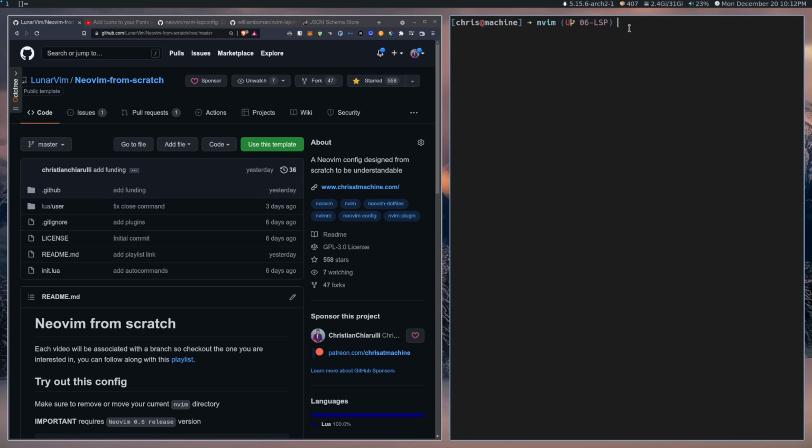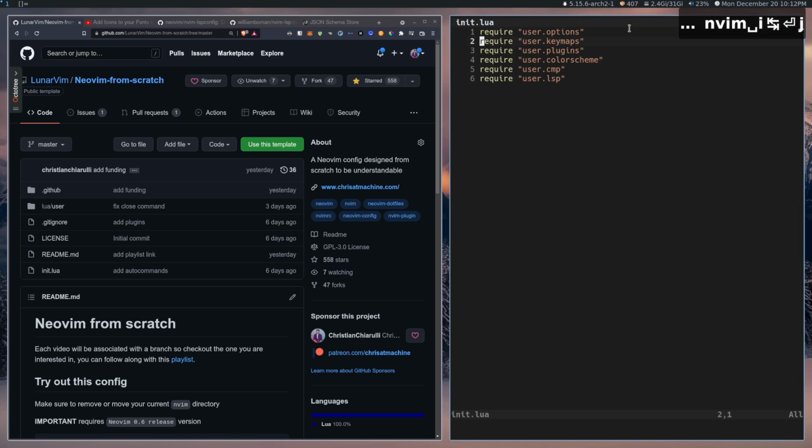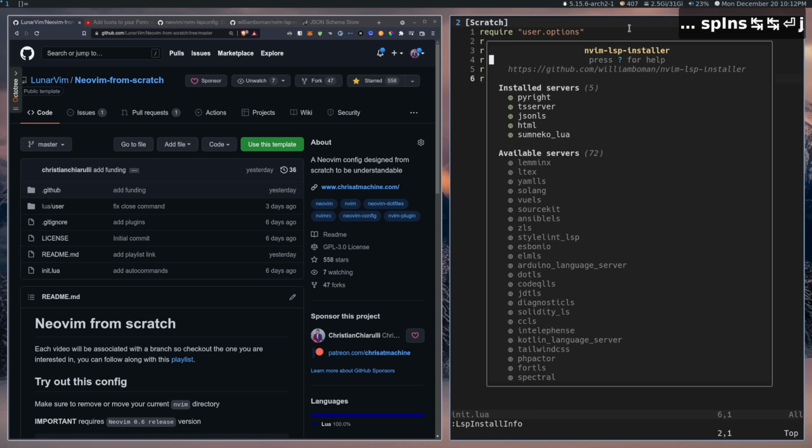Alright, so to get started, before I show you how to actually install it or set anything up, I'm just going to show you how it works. So if we open up a Lua file to start with here, we're going to go into command mode and type LSP install info and press enter. And from here you're going to notice that I have